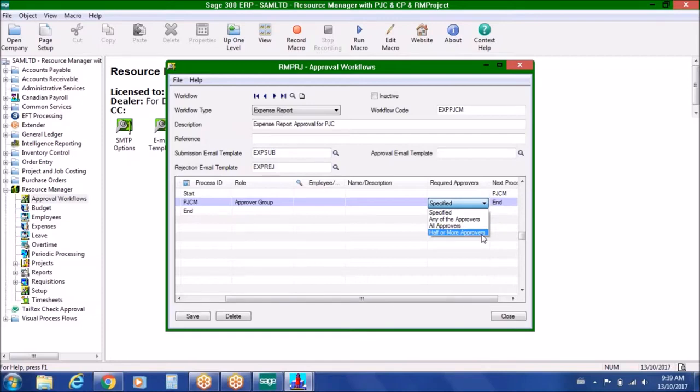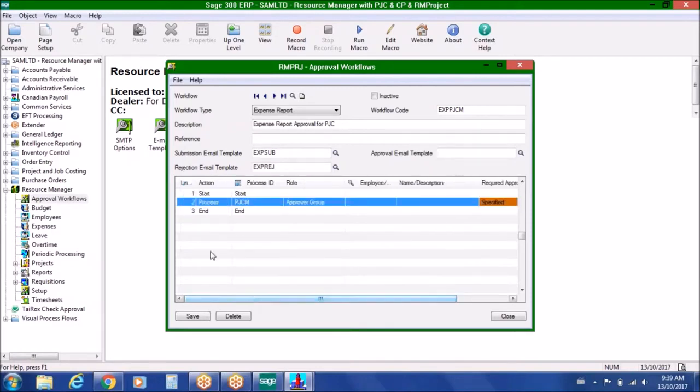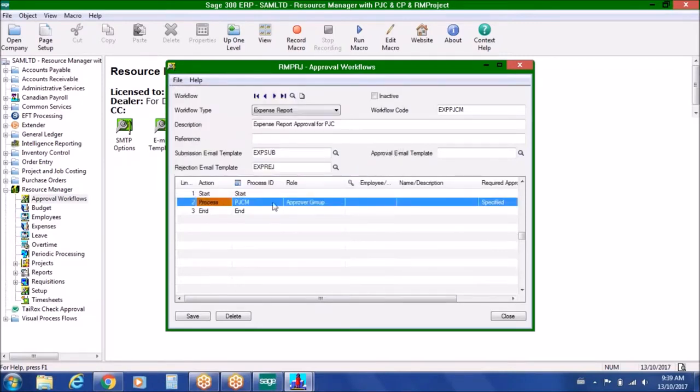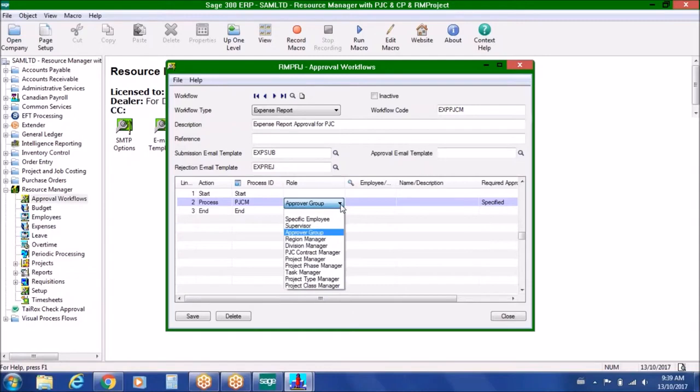So in the case of two managers being part of an approver group, if we said half or more, then that would just mean one of the two. That's basically the same as any of the approvers. So depending on the nature of your approver groups, one of these required approvers options would be the most relevant for you. You can also embed within the approval workflows an ability, sorry, let's go back and change this to